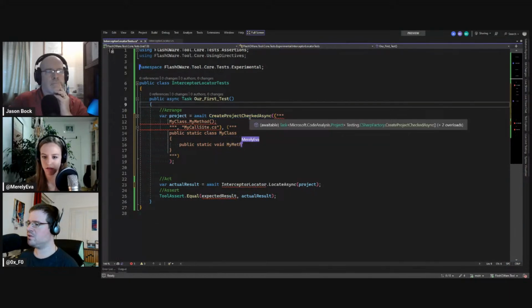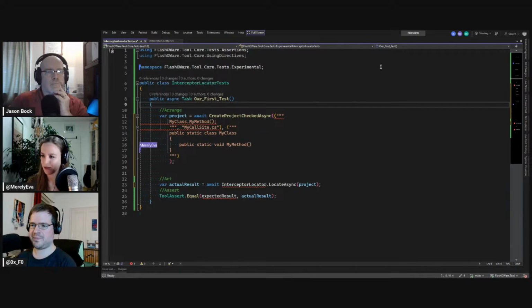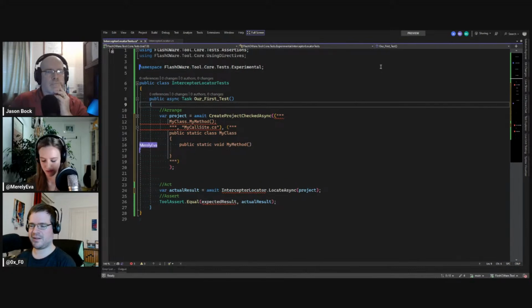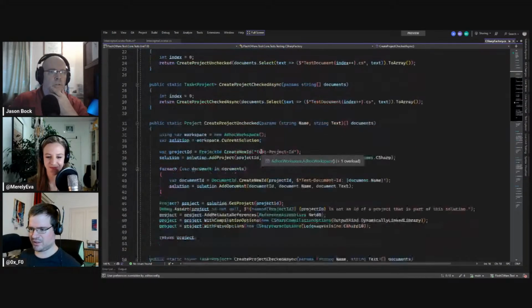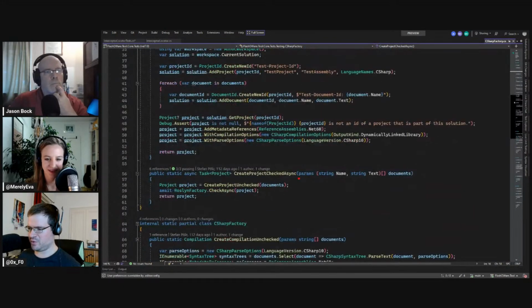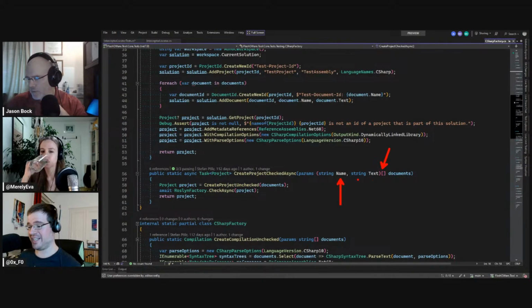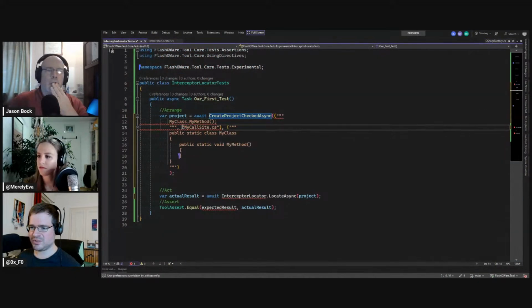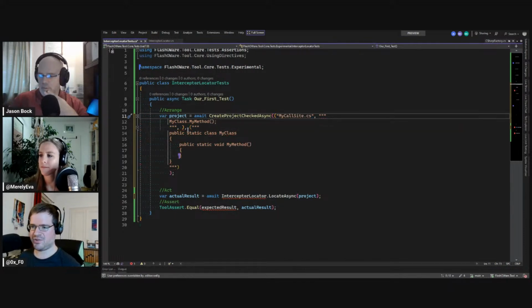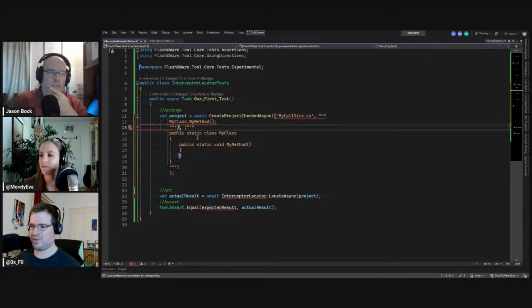I'm just writing my method. Perfect. Easy. Cool. Let me check because I'm not sure. Oh, don't we have an overload? Because I was hoping to call into this method, which takes a params array of tuples with name. Oh, okay, name comes first, sorry, and then the text. So we need to have first a name actually. So we have name and text, and then we just comma separate the next tuple.